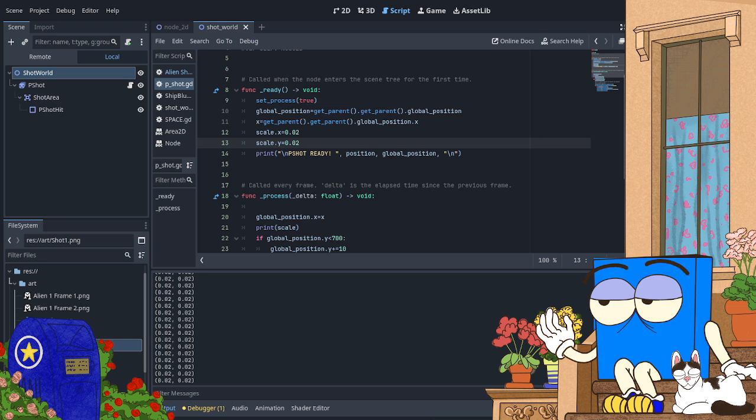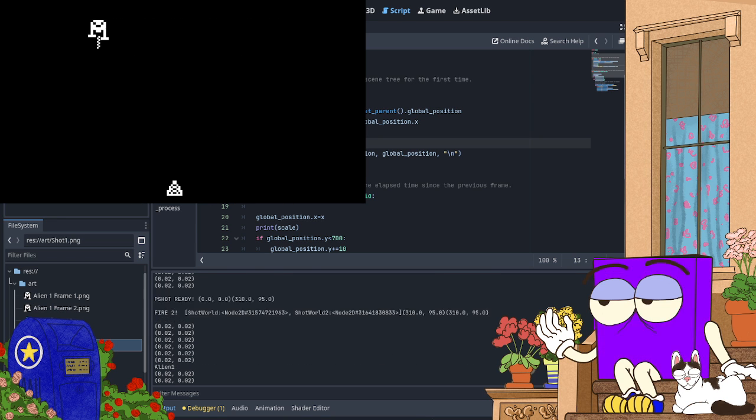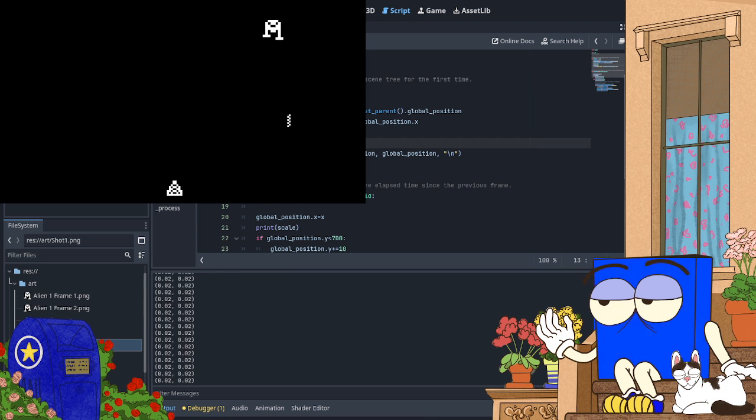Let me restore that window, and now at 0.02, it looks like that. And this, you'll note, is exactly what it's supposed to look like. This is what an alien firing on a spaceship is supposed to look like.